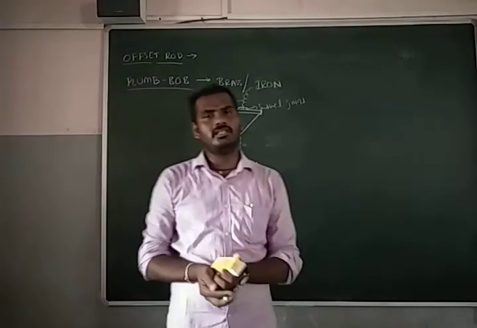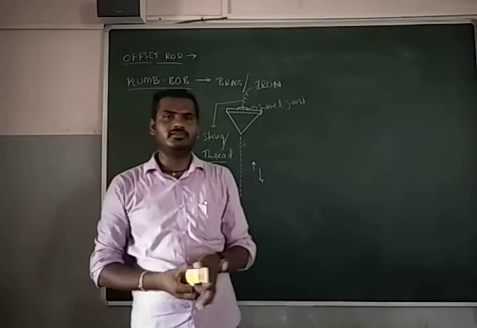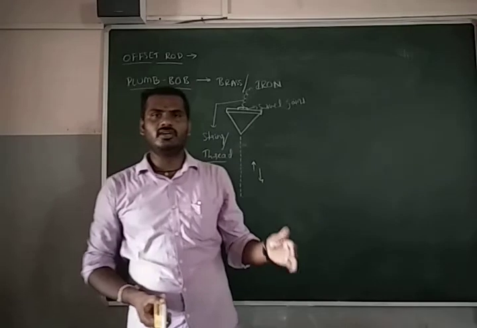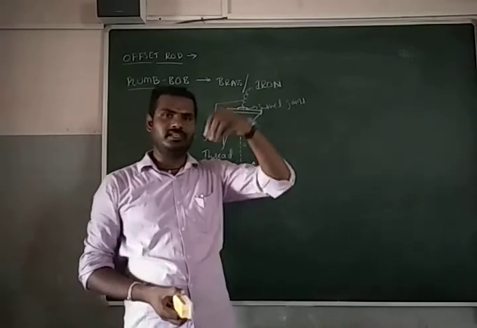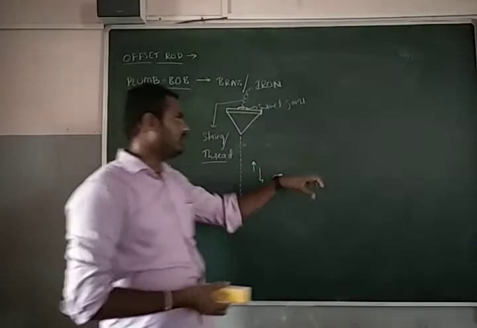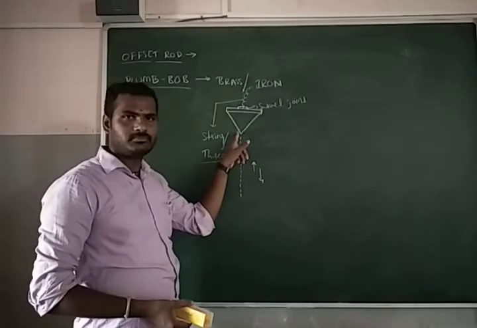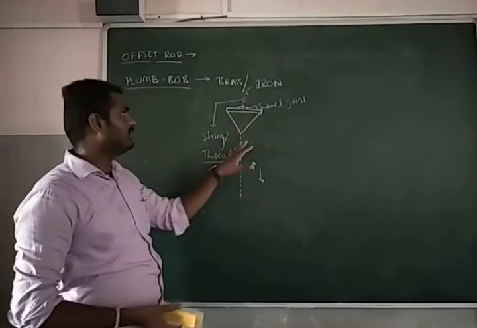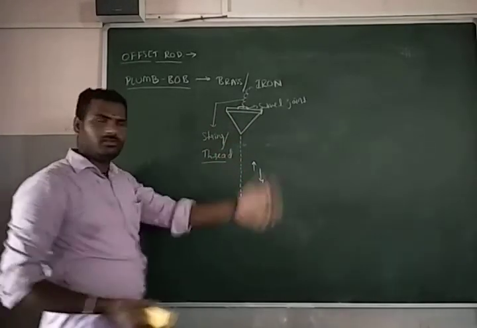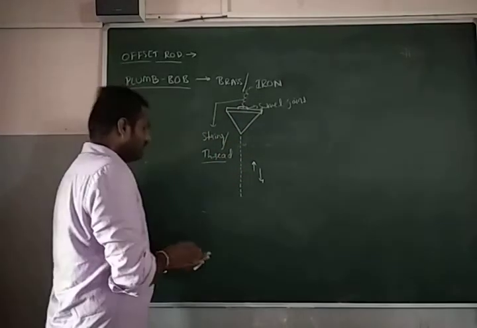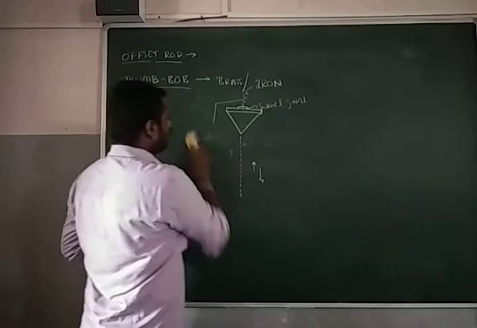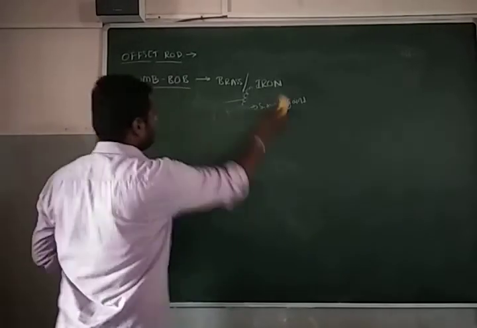In most cases, to check the verticality of walls, or to check the verticality of equipment, or to center the equipment over a particular point, we generally use plumb bobs. Okay, this is the utility of the plumb bob in surveying. So next we will see the suitability.